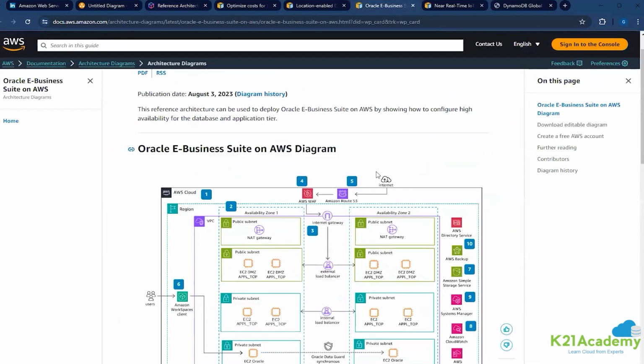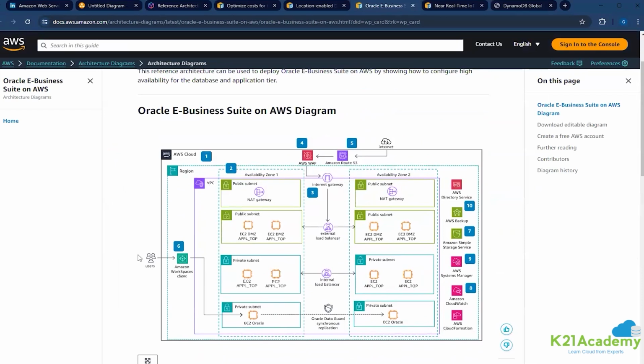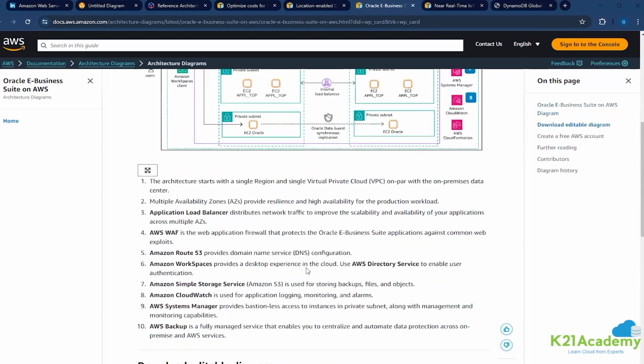So Oracle E-Business Suite, and users are here. They connect to the Amazon WorkSpaces. Each of them gets their own EC2 instances, and from here they have the application hosted on EC2 application tier, and then you have another application which is hosted in the public subnet, and it is protected with WAF. So basically 1, 2, and then you have a load balancer, and then beneath it you have the private load balancer, and you have WAF for all the traffic that goes in and comes out.